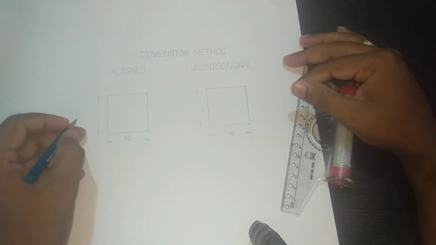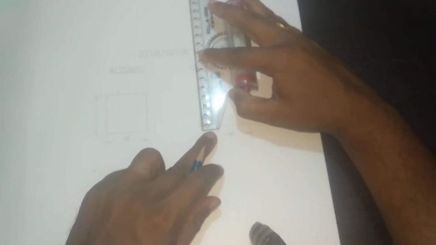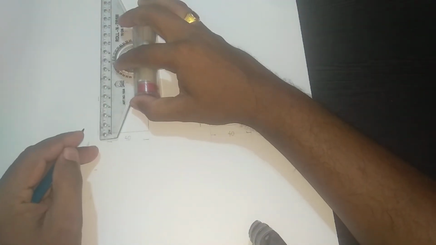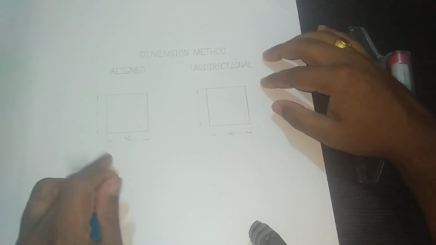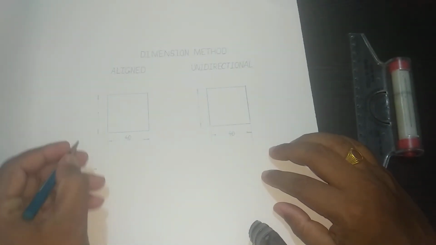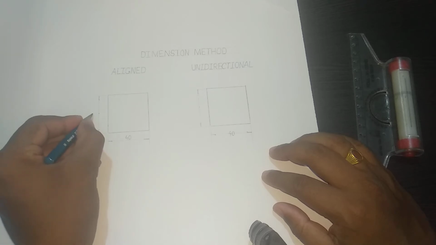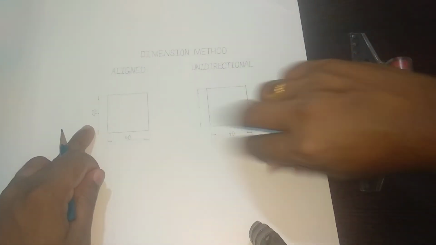Now here you can see, again, as I told you, we have to find its center. First of all we have to find the dimension line center. So it is 40. I will mark on that center of the dimension line. So here also I will mark on that center of the dimension line. Now look carefully here, I have to write like this. Okay, so this is how we have to write the vertical dimension.